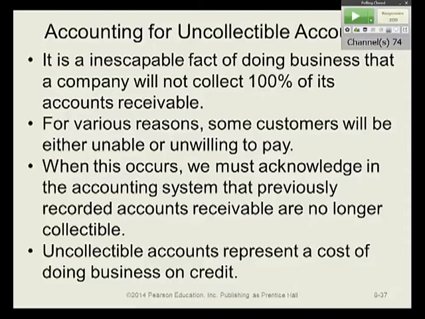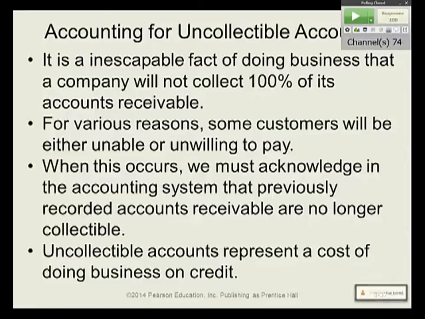So direct write-off fails. So let me repeat. The direct write-off fails to match cost with revenue. The direct write-off recognizes the bad debt only when the account is determined to be uncollectible, which could be next year, it could be 2 years from now, but it may not be in the year of the sale. That's the dilemma. The direct write-off method may not recognize the expense in the year of the sale. All right, so now let's take a look at those two